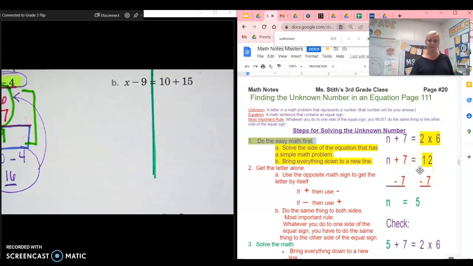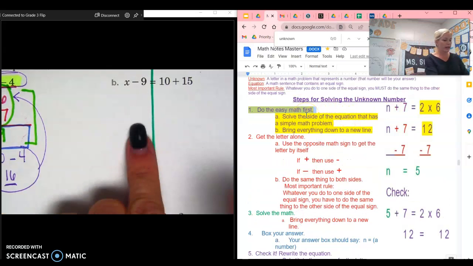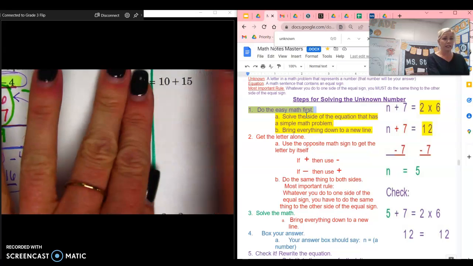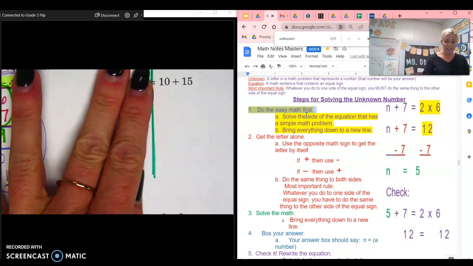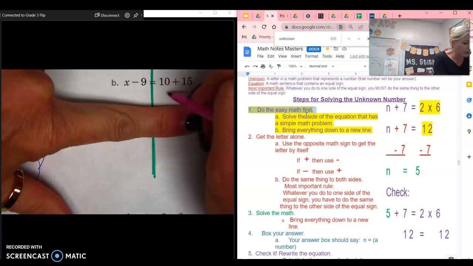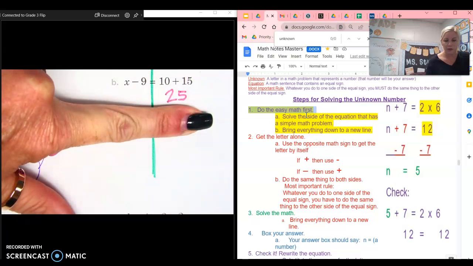What do? Do the easy math first, and that means looking at this. Is x minus 9 easy? No. Is 10 plus 15 easy? Yes, so let's do 10 plus 15. And what is 10 plus 15? 25. I'm going to use my finger so that I can line my work up neatly, bringing down that 25